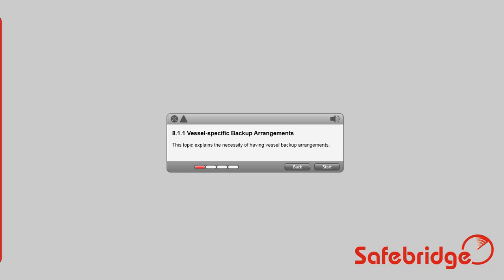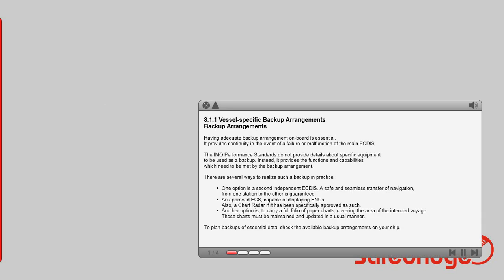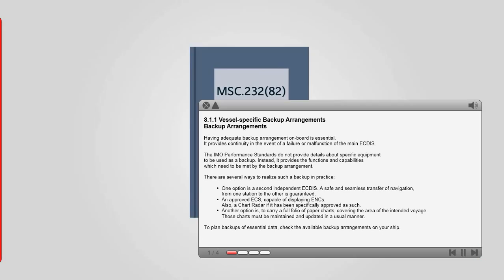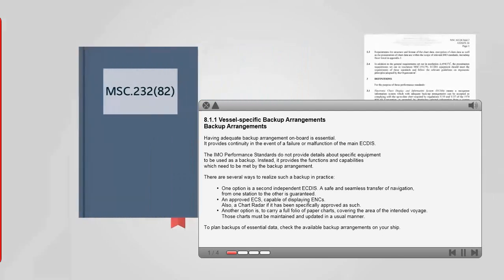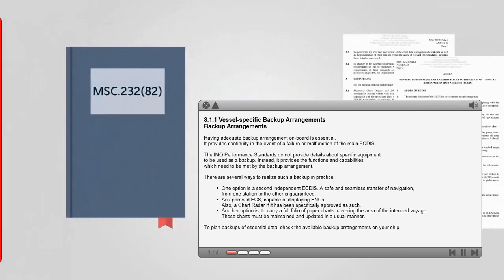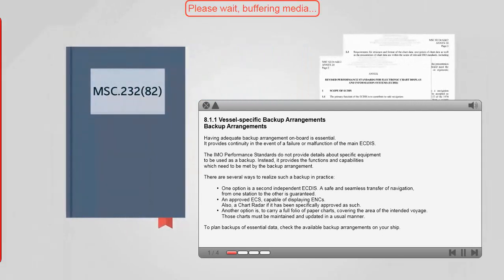Vessel-specific backup arrangements. This topic covers backup arrangements. Having adequate backup arrangement on board is essential. It provides continuity in the event of a failure or malfunction of the main ECDIS. The IMO performance